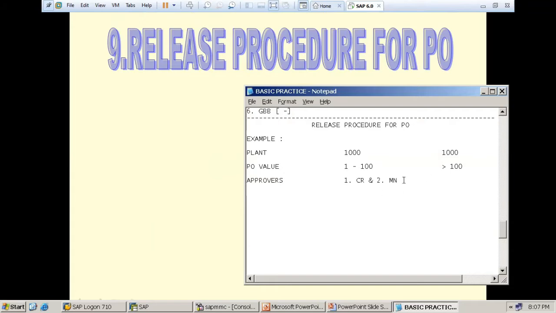Suppose the amount exceeds 100, then I want the approval first from the creator, second from a manager, and third from a general manager.